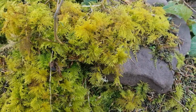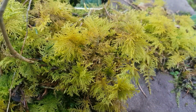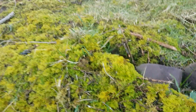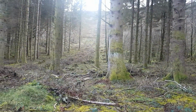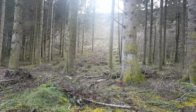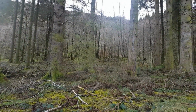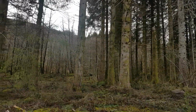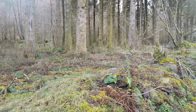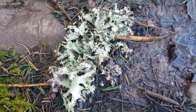There you go guys, just come across some beautiful moss. Try and get a close-up view for you. Absolutely stunning. There's a lot of forestry goes on up around here, and you can see they've cleared big paths through the trees up there. Probably some of them are fire breaks, or just where they're thinning the trees out with their big old sticks. And the ground's absolutely covered in some lovely moss all around here on these stones as well. Big chunks of lichen down on the floor, falling off the tops of the trees,